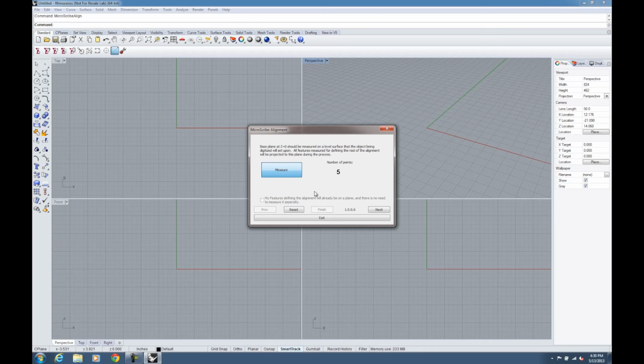I'm going to do about 8, and then we can go ahead and press measure, then press next, and we have the option of creating the origin by either a point and an intersection of two lines or a circle using the center point of the circle. So we're just going to go ahead and take one point,